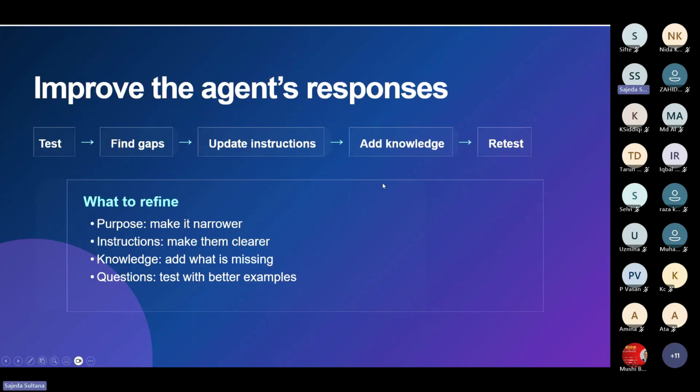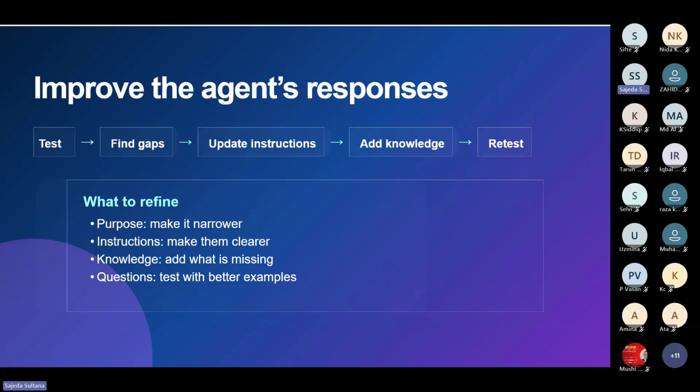Refinement means that nowadays most AI agents fail just because of a lack of refinement. When we make an AI agent, we just let it go live and think that's done. No, that's not done. You have to find out the gaps. You have to see what the customer expects. Do they get a good response or is it failing? You need to check on an everyday basis.